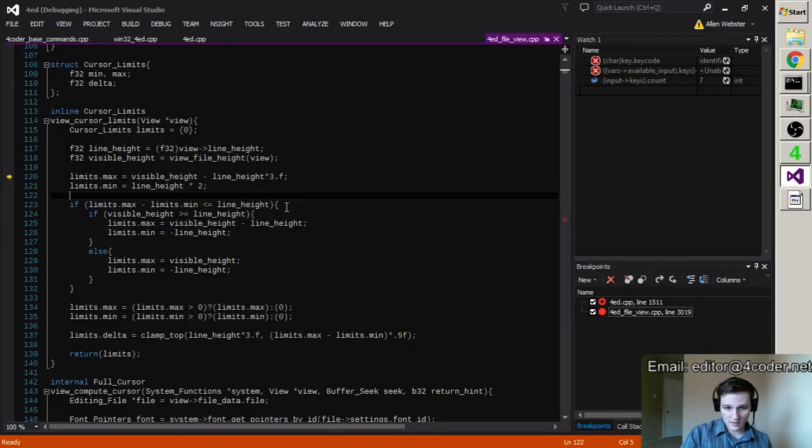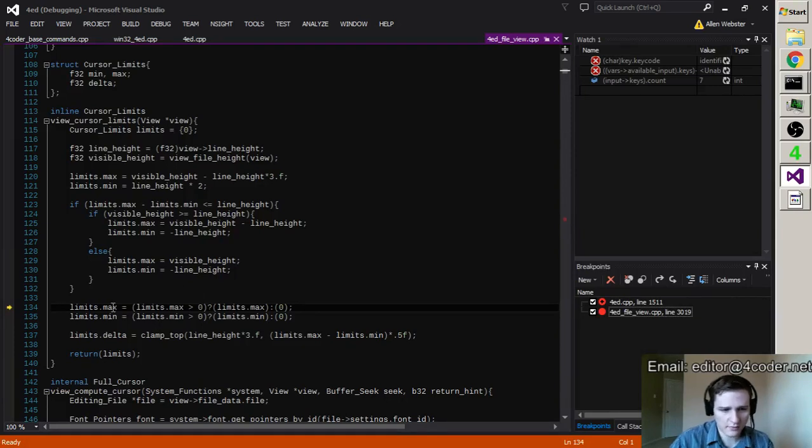It looks to me like what we're seeing is that since it doesn't have real information yet, it doesn't know that the cursor is still on view, and so it's scrolling to it more aggressively. So let's see what the line height is. If visible height is greater than line height, it is not. Max equals visible height minus line height.